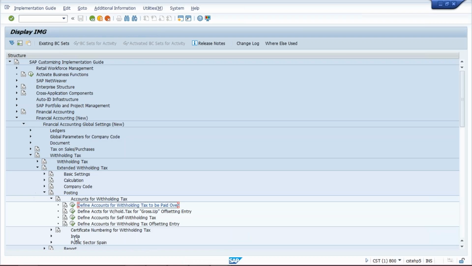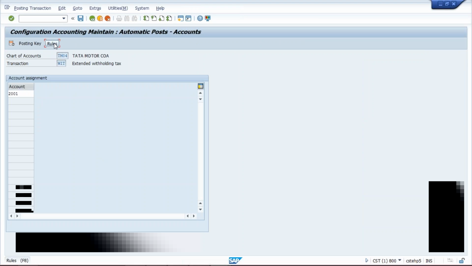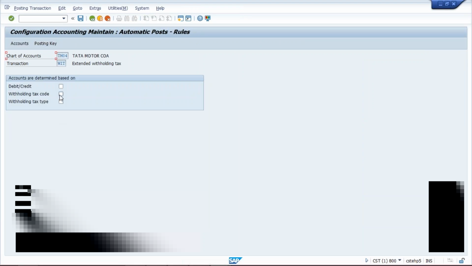How are you going to link the GL account? Then I'll let you know. If you click here, give your chart of accounts, and then click on rules, and then withholding tax code and tax type, save it. Save this.